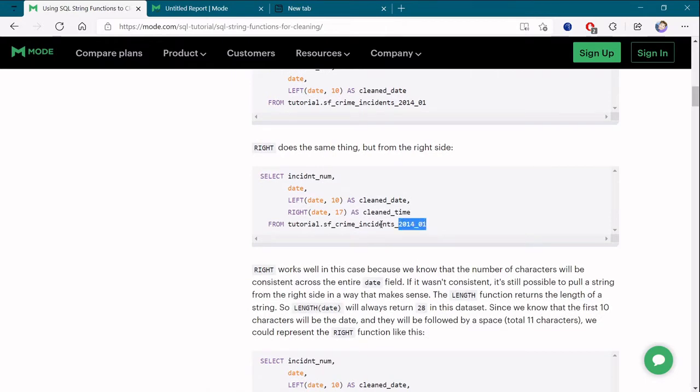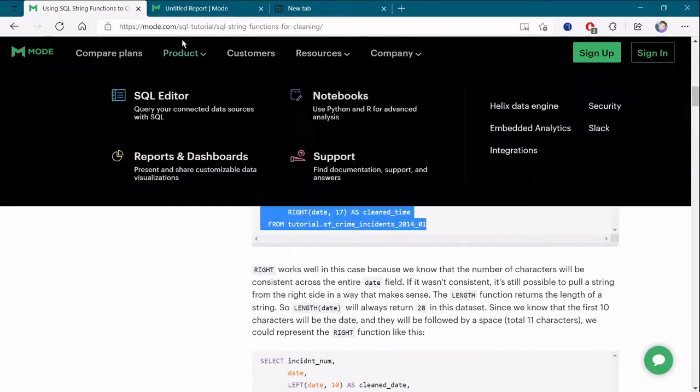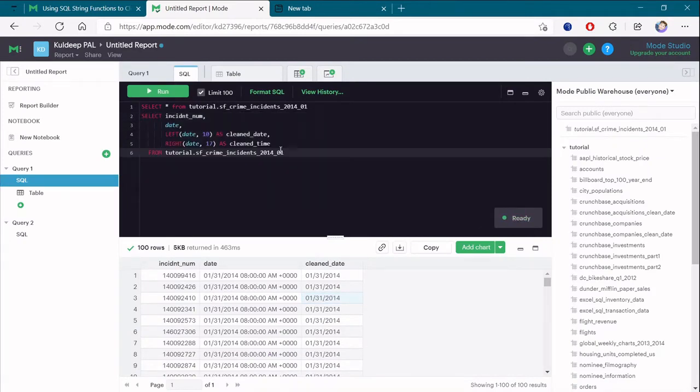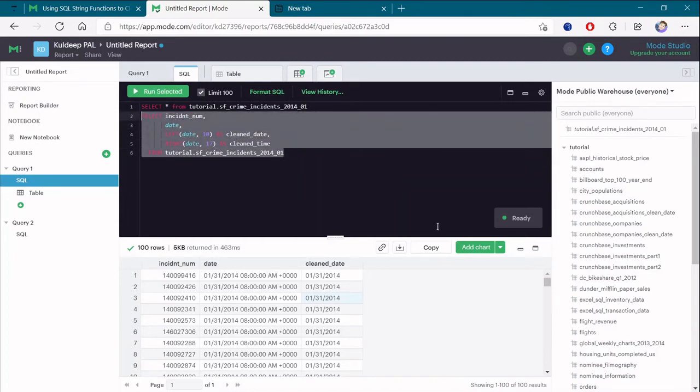Similar to this, we can also use RIGHT. In RIGHT, whatever number you have given, it will just crop it. So for RIGHT we will get a clean time, whatever the timestamp was, we will get it with the help of RIGHT.